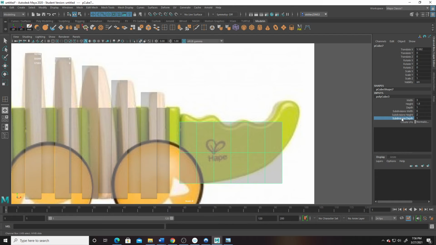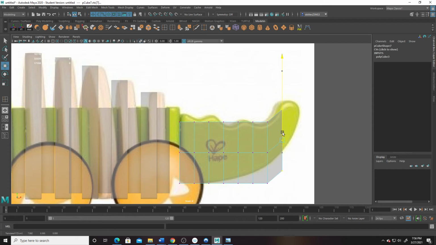I'm going to do, you don't want to go crazy with your adding in divisions. You want to keep it low. You don't want to add in very many divisions, even if you know you're going to need them. Like if I need 100 divisions, you don't want to add them all in, because working with 100 divisions, unless you only have like one little thing to do, like you have to select every other one and move them down, every other row of vertices and move them down or something like that. The more divisions that you have, the harder it is to work with the model, because